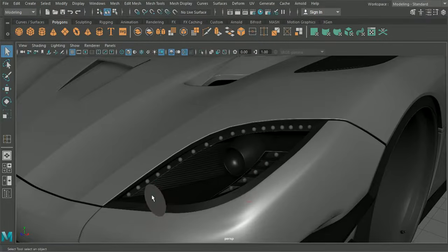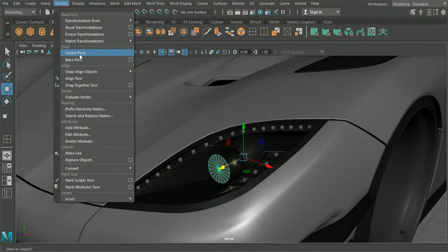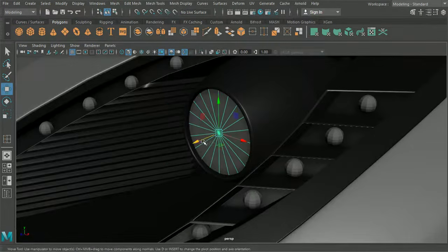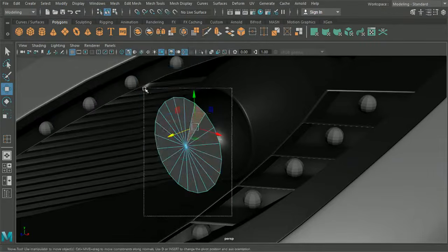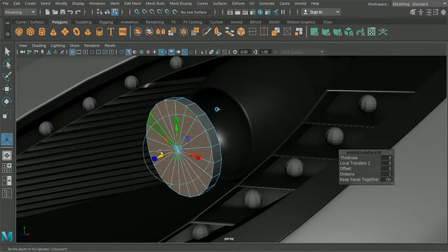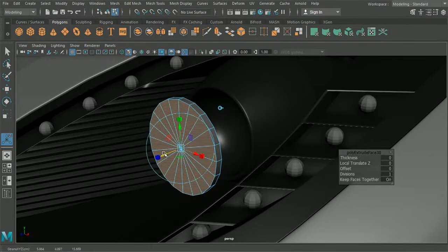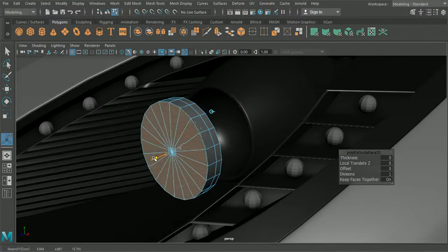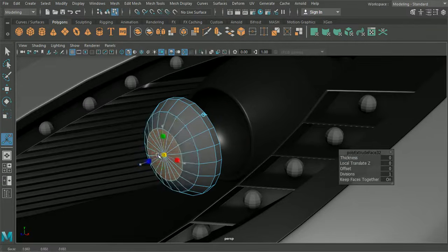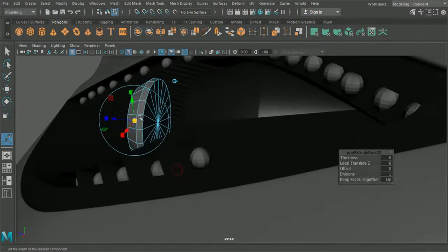Okay, and then finally what we've got here is this is going to be the actual piece of glass that sits inside here. But what we'll want to do for this is we'll want to grab all the faces and hit Ctrl E, and we're going to want to bring this out, maybe bring it out to about there, hit Ctrl E again, and then we're just going to give this a nice curve as well, something like that.